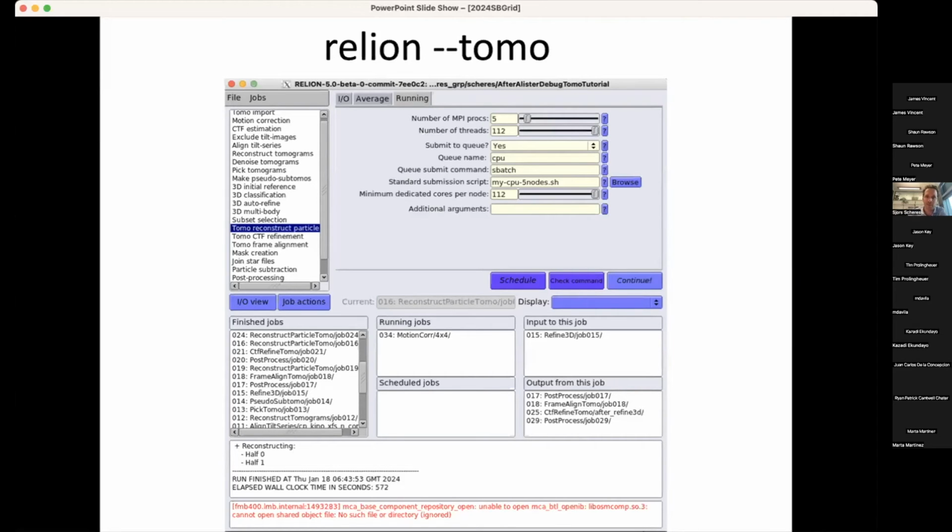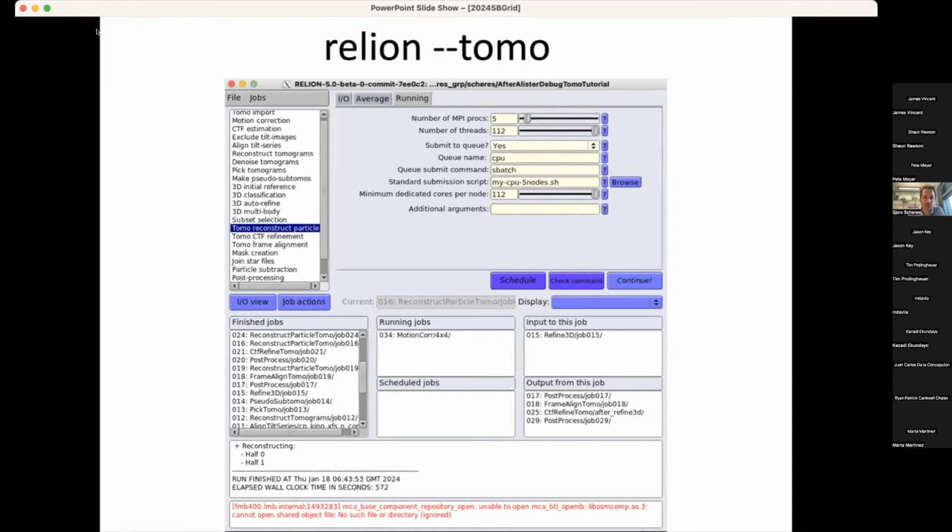And then if you run relion --tomo, you get this GUI, which starts from a tomogram import at the top, which just starts from raw movies from your direct detector and MDoc files from your SerialEM or your Tomo5 or whatever data acquisition software you're using.